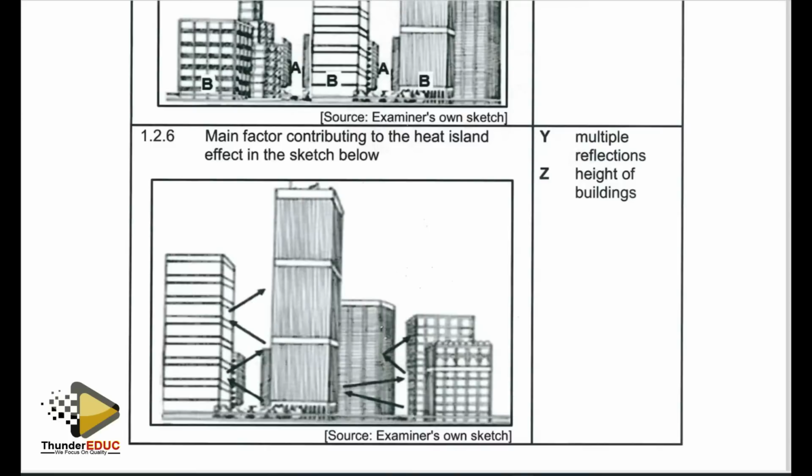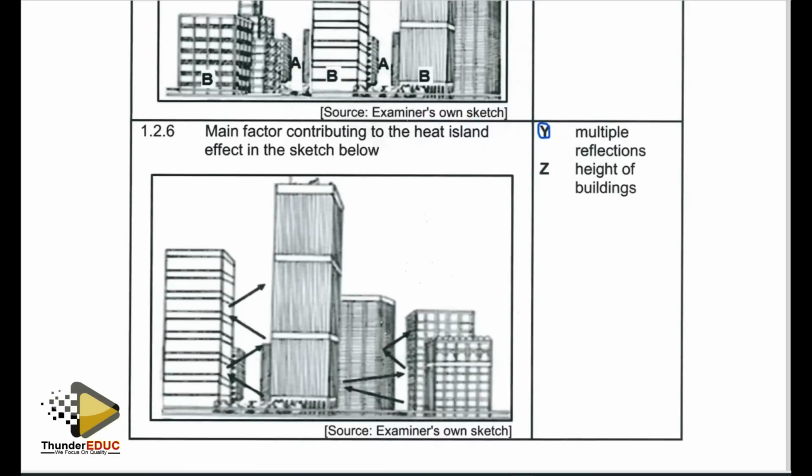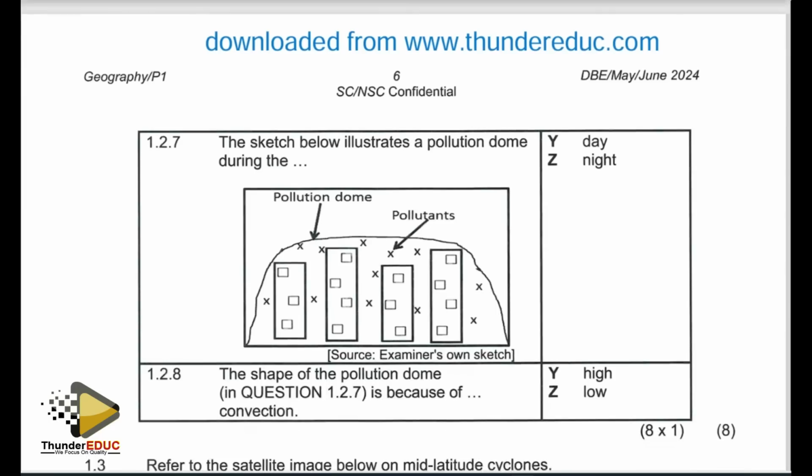The correct response there is multiple reflections, which is indicated by those arrows that we can actually see. So the correct response there is Y for multiple reflection. Why Z is not correct: the buildings are not of the same height, and if you check the reflections indicated here, they are even higher than some of the buildings on the extreme side. So we cannot qualify height of buildings to be the correct answer for that one. All right, move on to the next question, which is question number